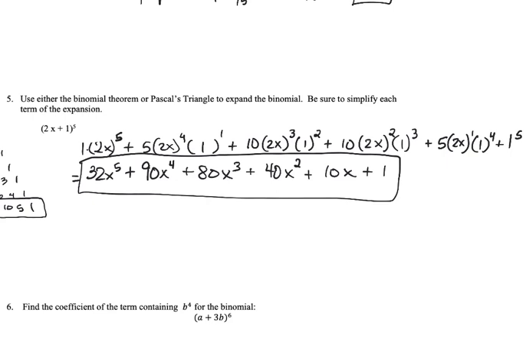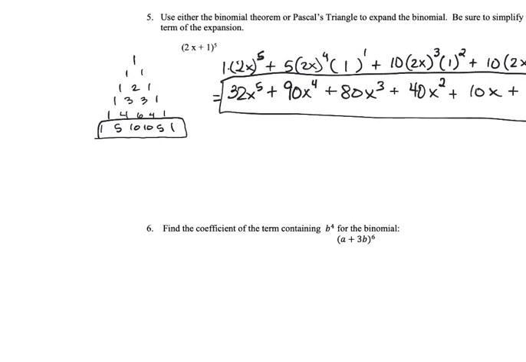I know we're trying to hurry, but we actually didn't learn this super well when we learned it in class. So the binomial theorem is n factorial divided by r factorial times n minus r factorial. It's called the binomial theorem. And the reason it may make more sense to use the binomial theorem to answer question 6 is